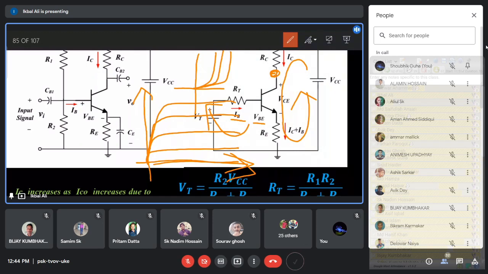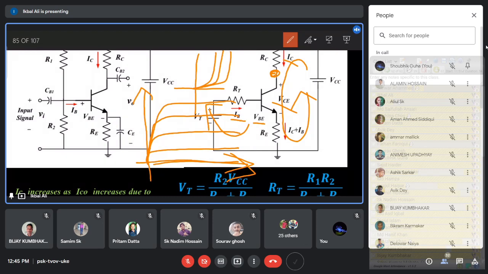These characteristic curves of the transistor give you the collector current as a function of collector-emitter voltage, with IB as a parameter. For a particular base current, you change the VCE and measure the collector current. That will give you the output characteristics curve.